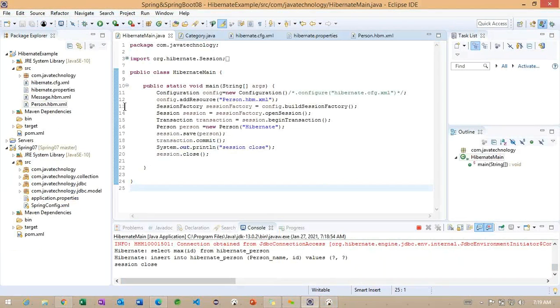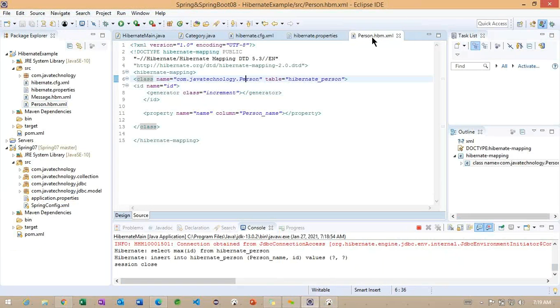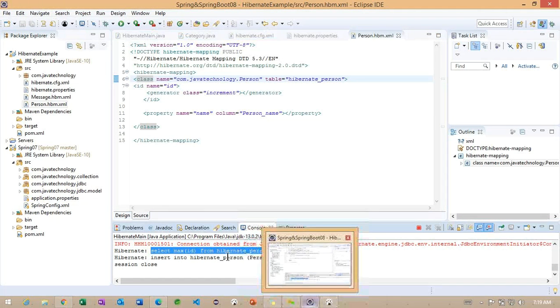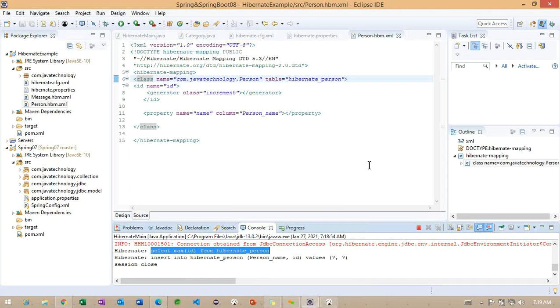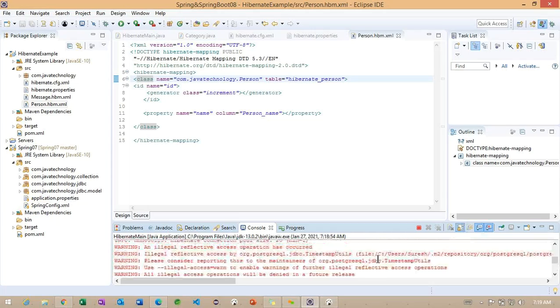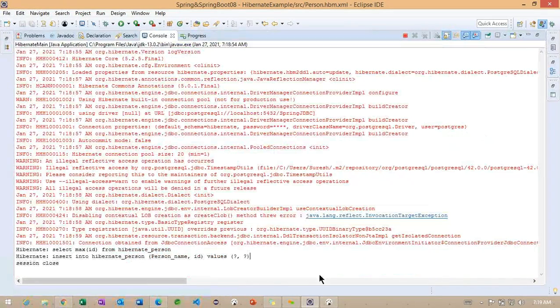Okay, something we need to check here. The person ID is trying to specify only one. Why are we getting the max ID as one every time? Ah, we did not generate a sequence. So basically this is because of the sequence. We have not created any sequence as of now, so every time we are getting only the same ID. That's the reason we are getting only one object here. The object is overriding. We'll see later, but you can check here, as of now we don't have it.